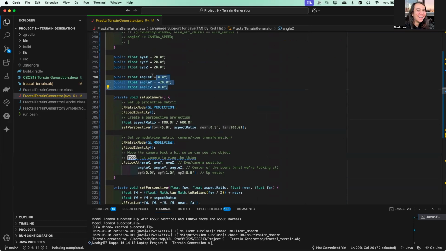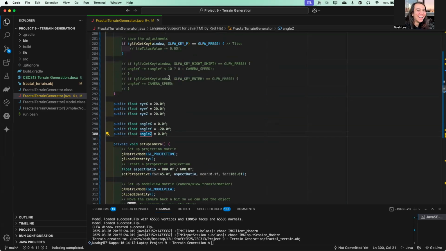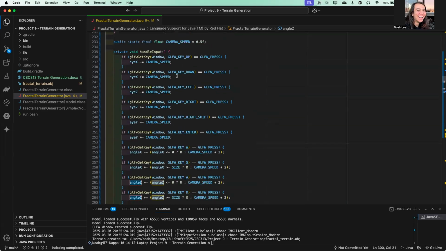So I set up some public floats for the eye position, along with the position of the camera, along with the angle of the camera, with the Y position of the camera angle being just kind of locked to vaguely downwards beneath the bottom of the terrain, with the X, Y, and Z positions, along with the X and Z rotation of the camera being able to be modified. This is done fairly simply